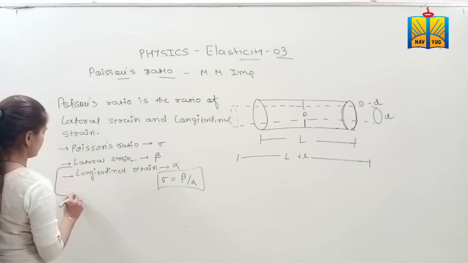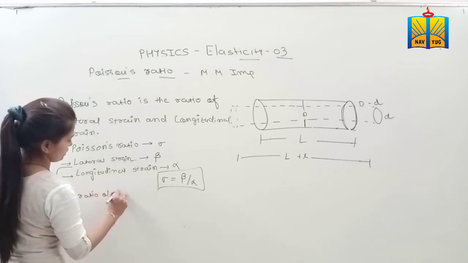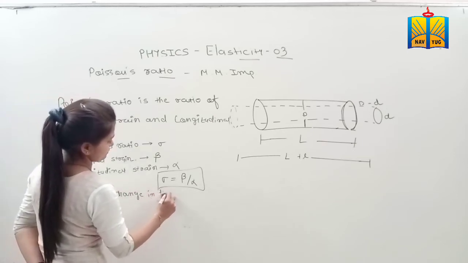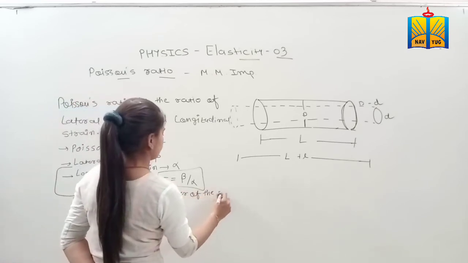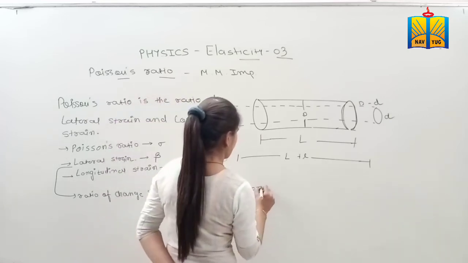Lateral strain is the ratio of change in diameter of the wire and original diameter